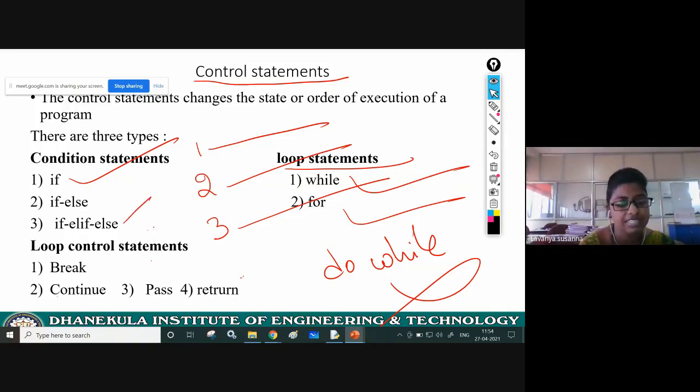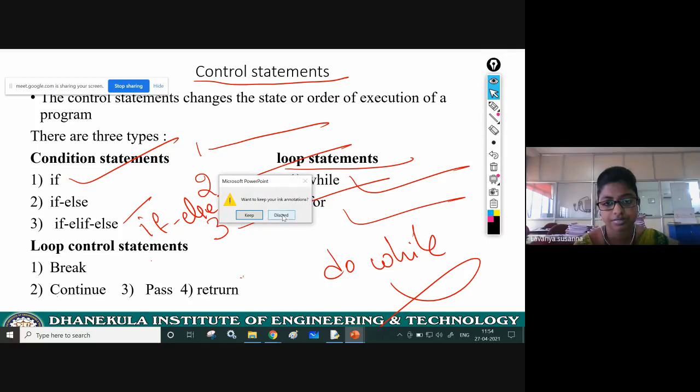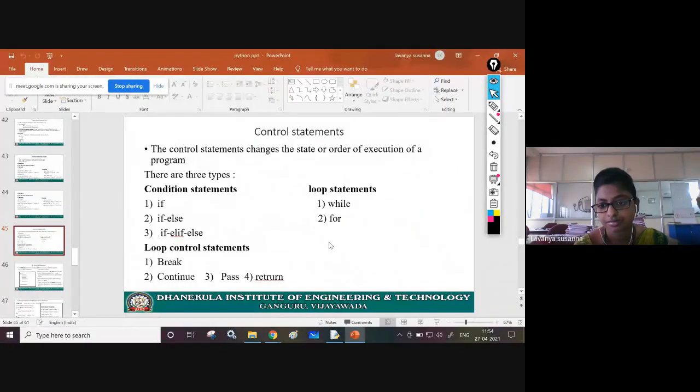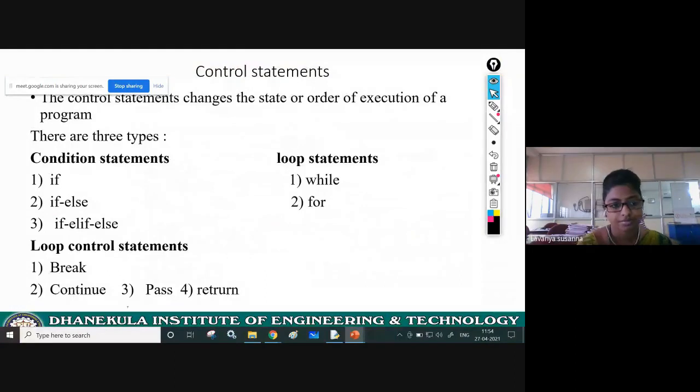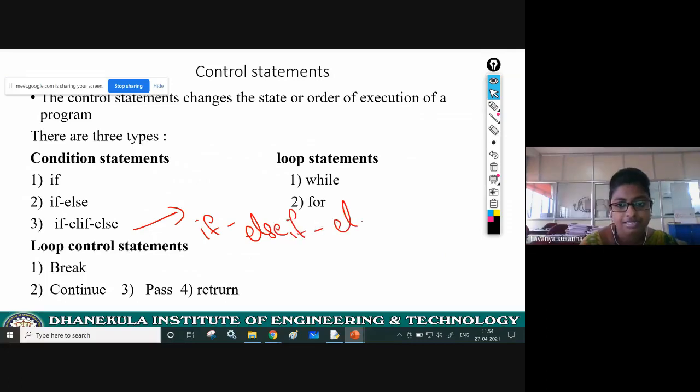In C language there is an if else ladder, right? In Python it is if, elif, elif, else. This is similar to if, else if, else, which you have seen in C language.